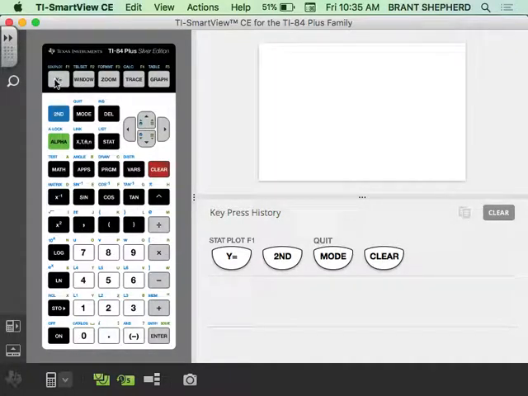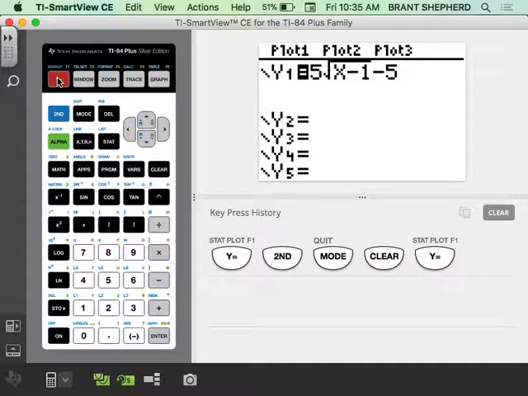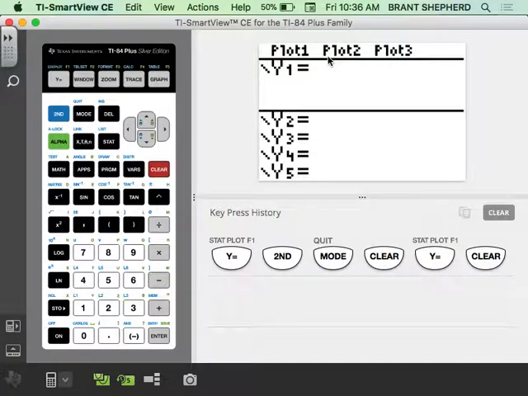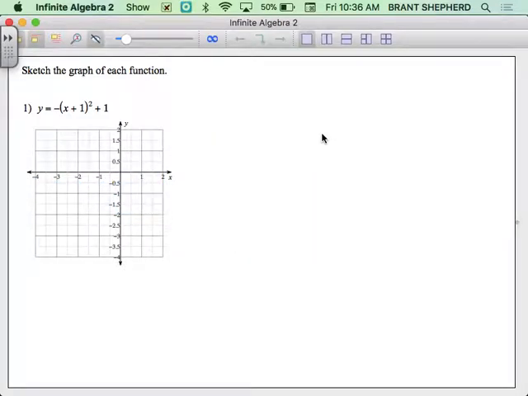And I'm going to go into the y equals screen, so I'm going to hit y equals, which is this top left button here. If I already have something in there, I just need to hit clear to clear that out. I want to make sure that none of my plot 1, plot 2, or plot 3 are highlighted. So I just should have a clear screen here. Okay, and so I'm just going to put in that function. And again, that was y equals